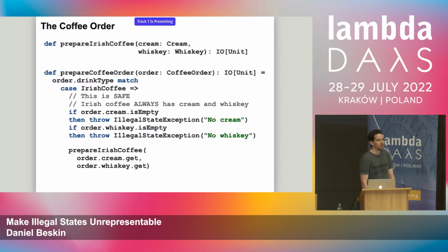And this is sort of an invariant that we're assuming over our code. In this case, the invariant is quite simple. Irish coffee always has cream and whiskey. But nothing is enforcing this invariant. We're kind of writing a comment and suffer from wishful thinking that hopefully nobody will ever break this thing